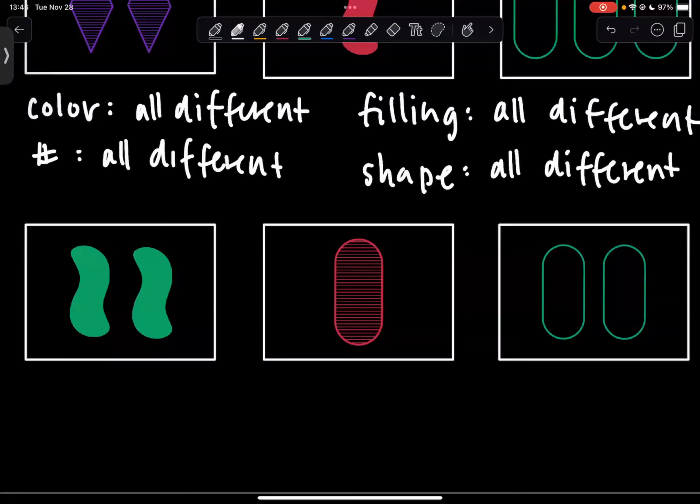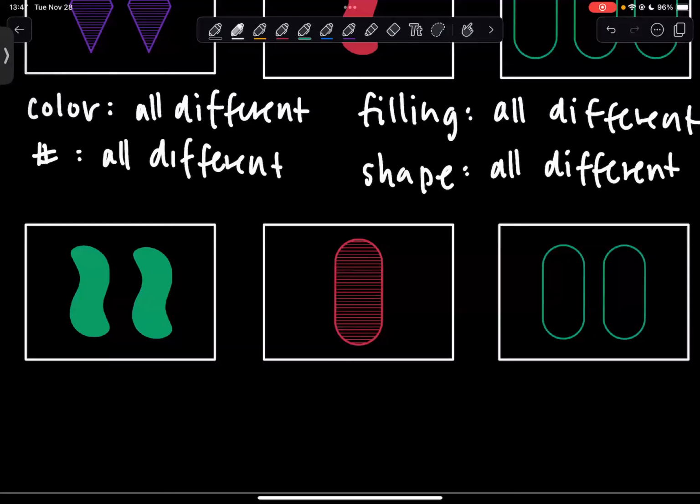Okay, so people who think that this is not a set, can you tell me why you think it's not a set? Right, here we have an example where we have green, red, and green again, right? So in that characteristic, we're seeing that we don't have all the same color or all different color. It's somewhere in the middle, and so that's not going to be included as a set here.